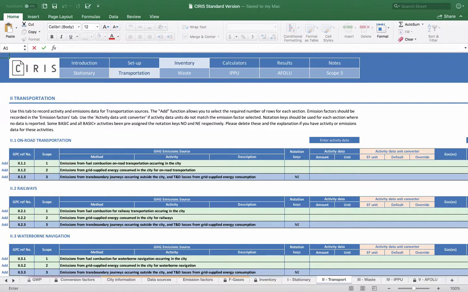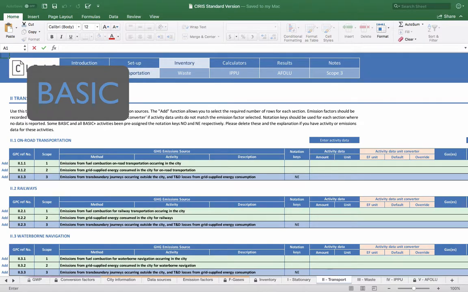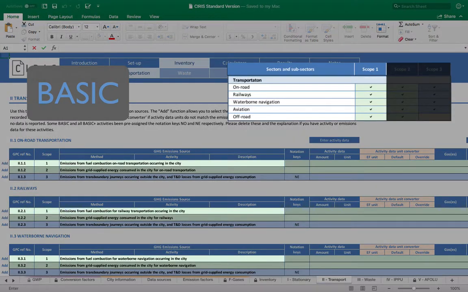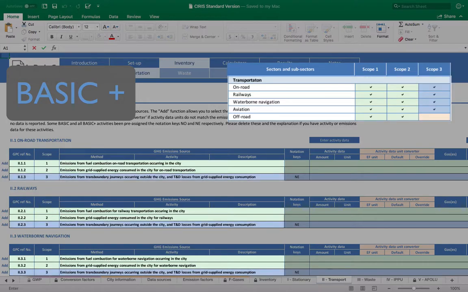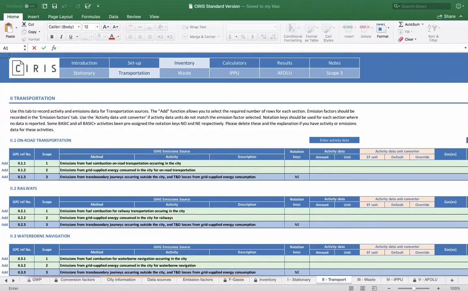Remember when completing the transportation sheet that for a basic inventory, cities must report all GHG emissions from combustion of fuels in transportation occurring within the city boundary in Scope 1, and GHG emissions from grid-supplied electricity used for transportation within the city boundary in Scope 2. For a Basic Plus inventory, cities must also include all Scope 3 GHG emissions associated with trans-boundary transportation. Part 2 of the CIRIS User Guide and Chapter 7 of the GPC provide more information on calculating and reporting